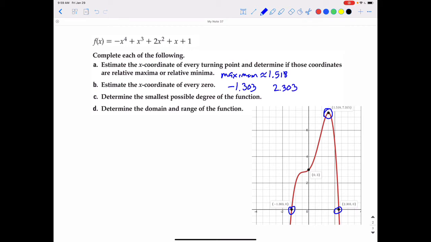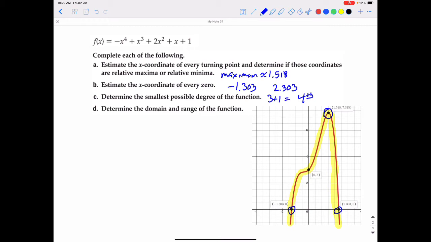And then it says to determine the smallest possible degree of the function. So remember, we're going to count the number of turning points and then add 1 to that. So as we go through the graph, we have a turn here, so that's 1. And then there's another turn right there near (0, 3), that's 2. So they do count as turning points, even though it's not a relative maximum or minimum. And this is definitely a turning point, so that's 3. And then it continues to decrease to the right, so it has 3 turning points, but we would add 1 to that to figure out the degree. So this is a 4th degree